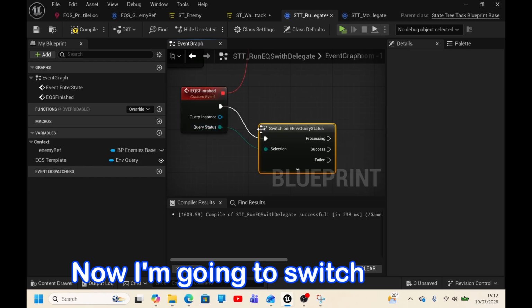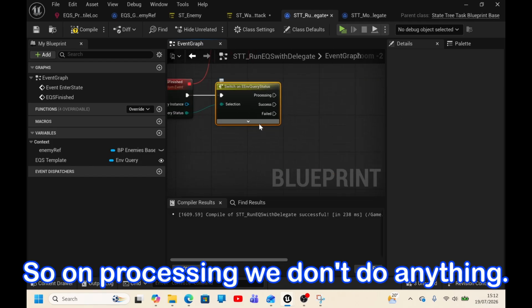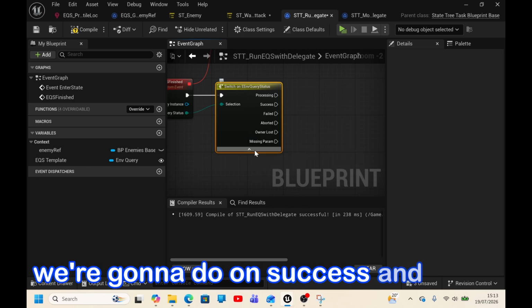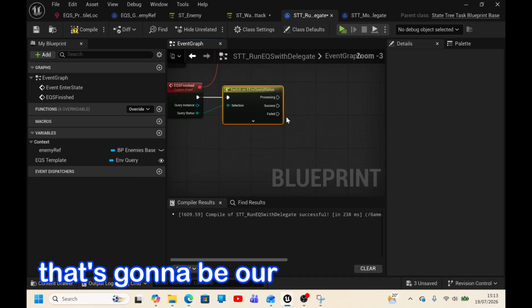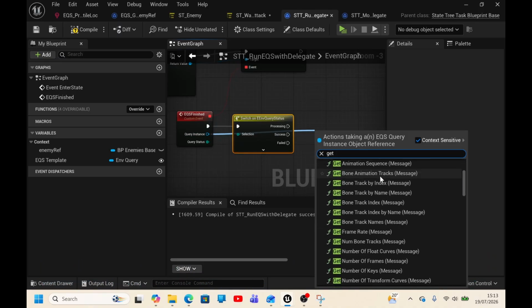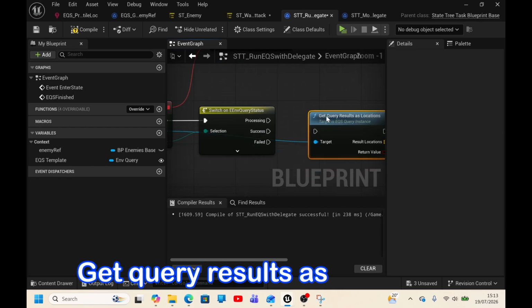Now I'm going to switch on this. So on processing we don't do anything. We're going to do on success and failed. That's going to be our main one, and it's going to be get query results as locations,